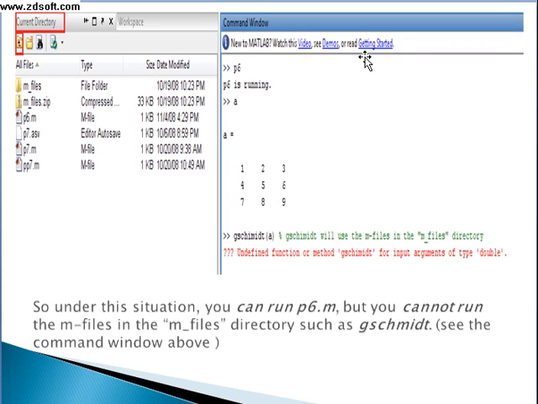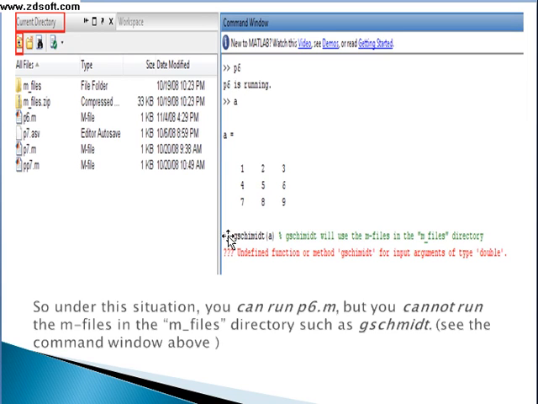Okay, and on the command window, here is an example of running this file. For example, here in the current directory I have a file p6.m, and in the command window I have typed p6, that is the file name only, and pressed enter. Then it will show you that this file is running.